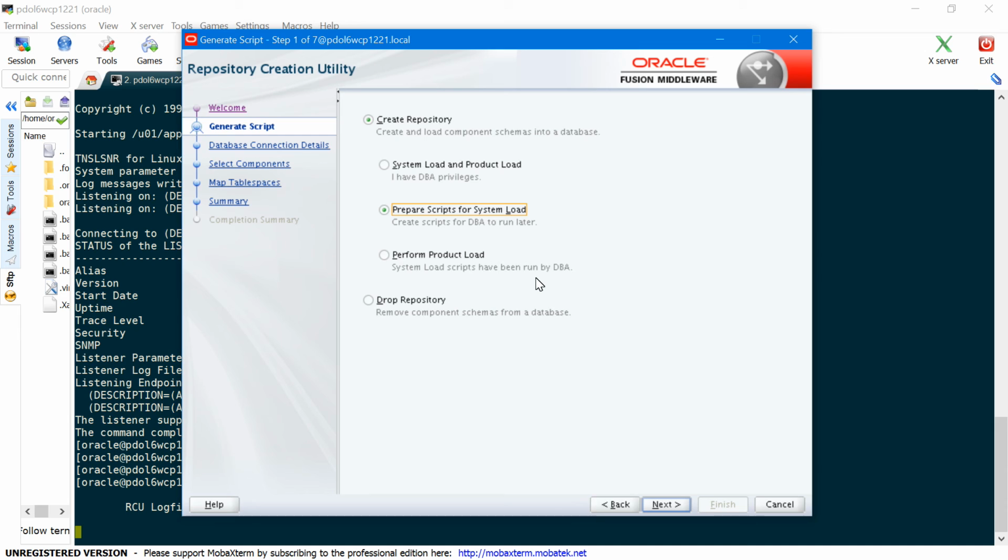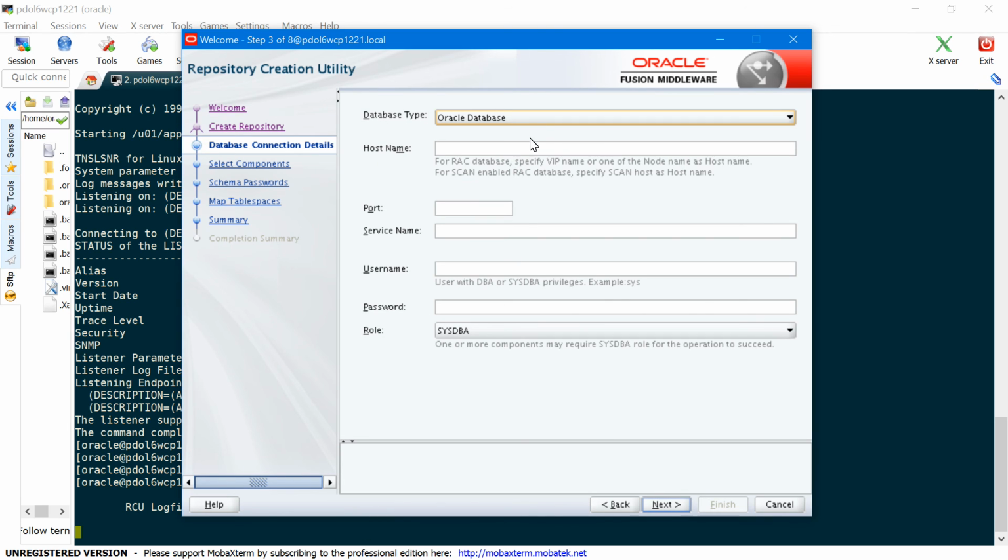So after the system load is performed using the SQL scripts, you can run the RCU again and select the third option, which performs the product load. I'm going ahead with the option 1 as I have sysdba privileges. So select first option here and then click next.